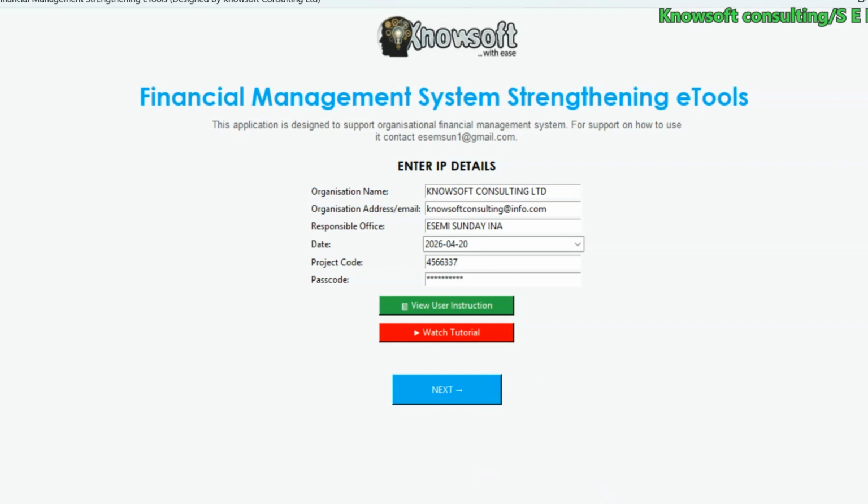If you have any question about it, please contact us at smson1@gmail.com, and we'll provide training on how to use this. The purpose is to strengthen financial management system within